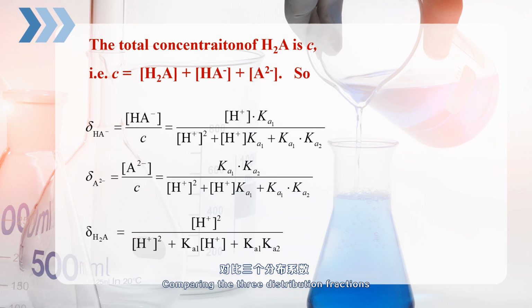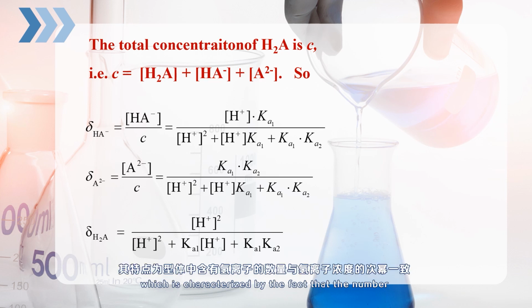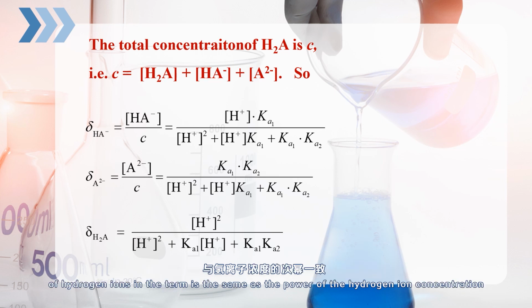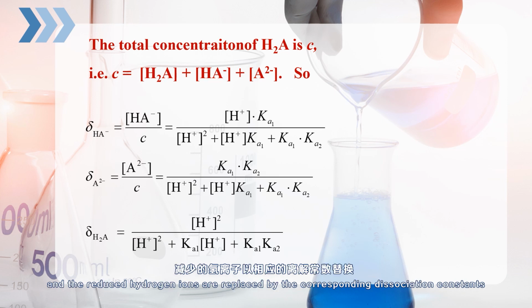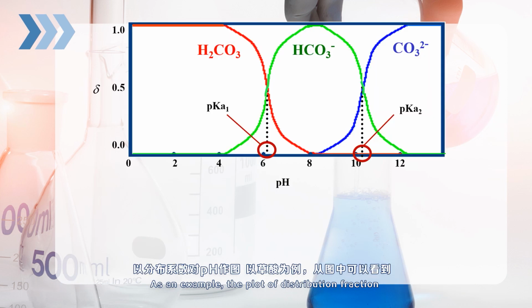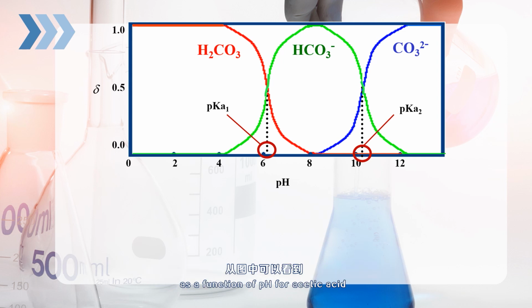Comparing the three distribution fractions, we can find that their denominators are the same, and the numerator is one term of the denominators, which is characterized by the fact that the number of hydrogen ions in the term is the same as the power of the hydrogen ion concentration, and the reduced hydrogen ions are replaced by the corresponding dissociation constants. As an example, the plot of distribution fraction as a function of pH for acetic acid shows that the